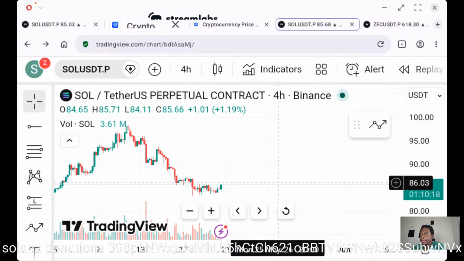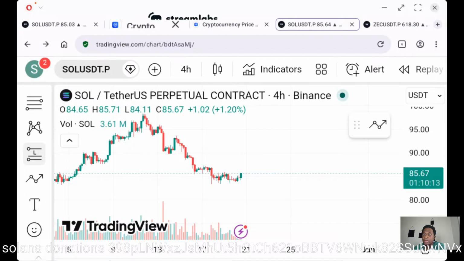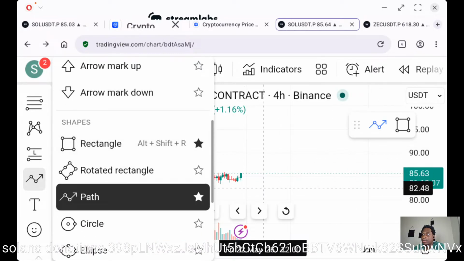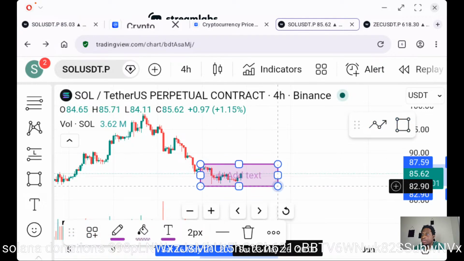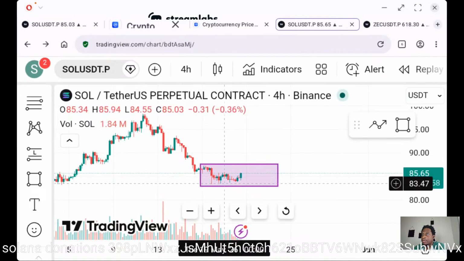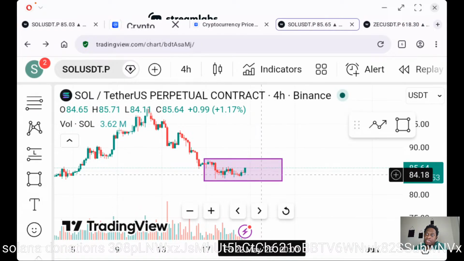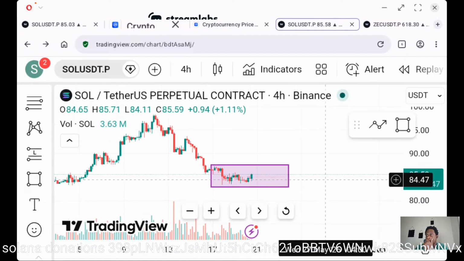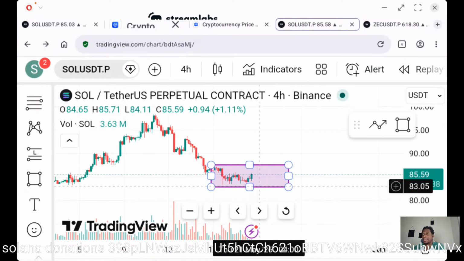At the moment, a green candle is appearing, but if you pay close attention, you would see that we are still in consolidation. The market is still tight. So I would not be forced into getting involved right now. You don't want to trade in this area. If you're new to trading, you don't want to trade in this area.